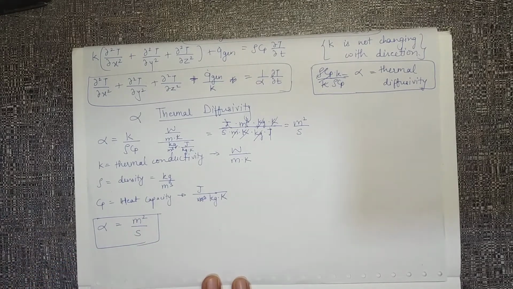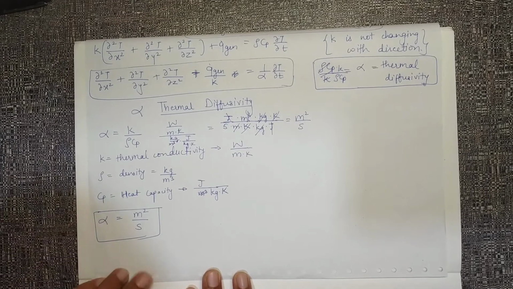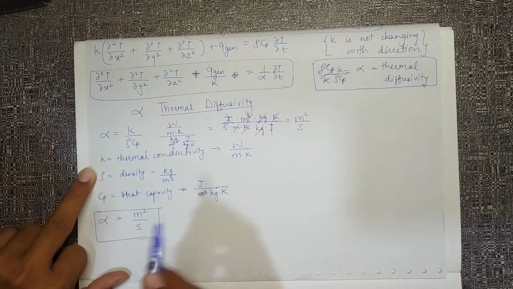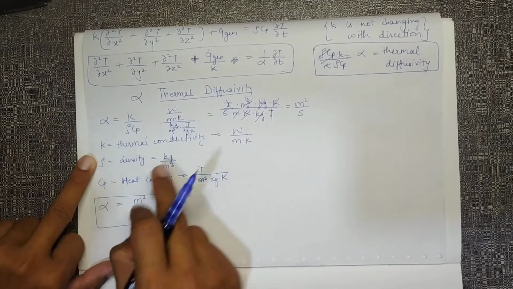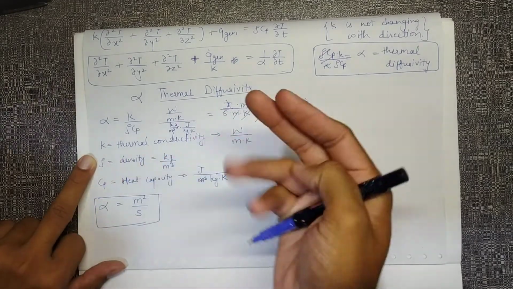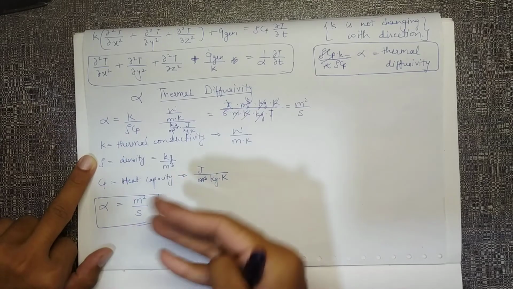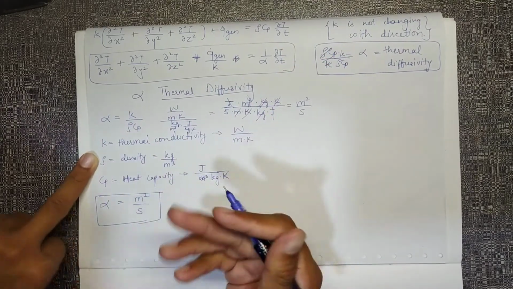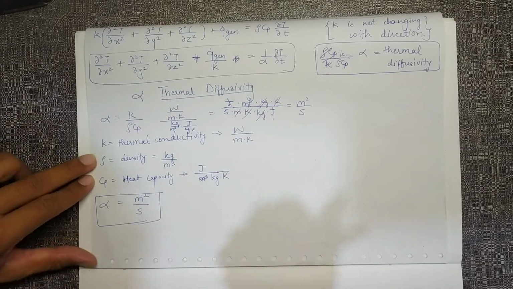Okay, now let's understand some physical significance. So over here the k was reflecting thermal conductivity, and thermal conductivity means it is not storing heat, it is the capacity to conduct heat, pass on the heat. Now Cp means the capacity to store heat, that is the storage capacity.